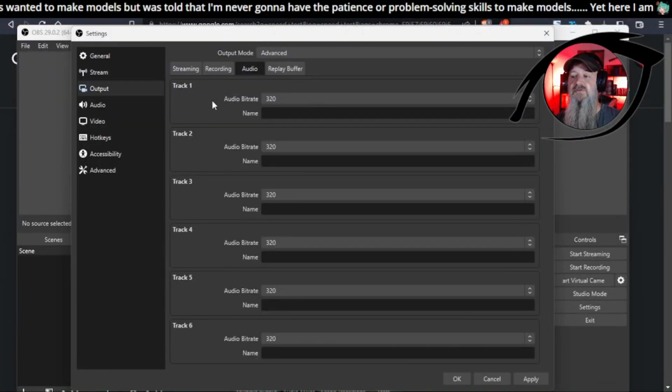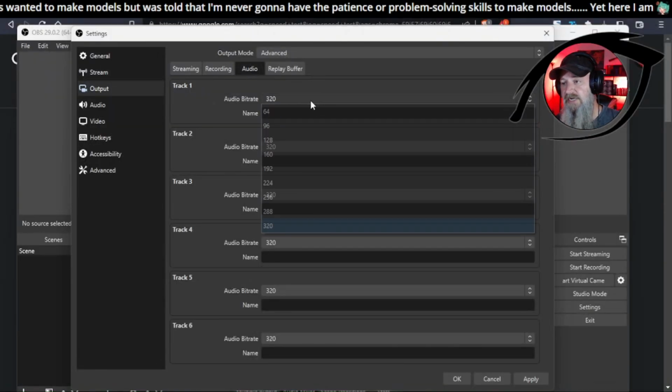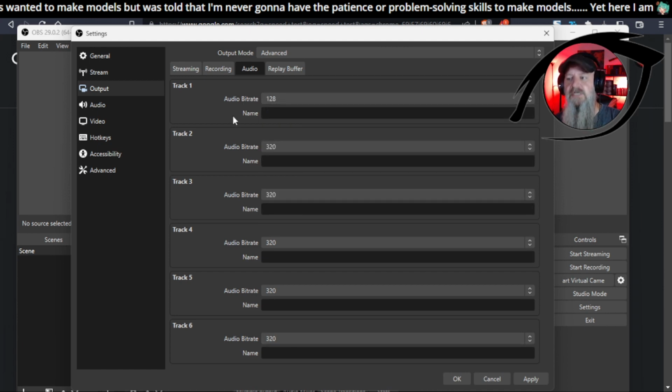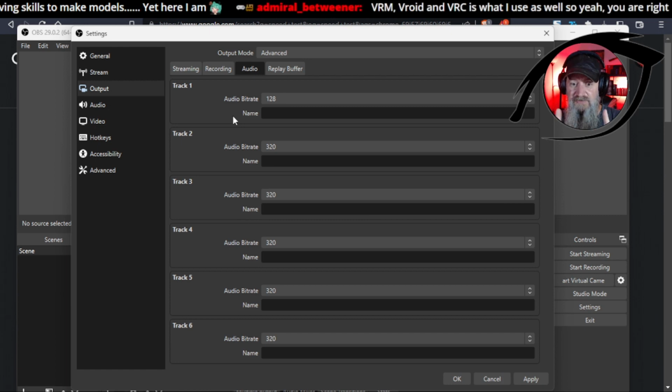So the first thing you want to do is remember that our settings for Twitch were a maximum of 320 kilobits per second audio output. So by default, when you come here, everything is going to be set to like 120 or 160. I don't remember. I think it's 128. You want to come through. If you are streaming to Twitch, and this is important, so if you are not streaming to Twitch and you're here watching this on YouTube or on the VOD,